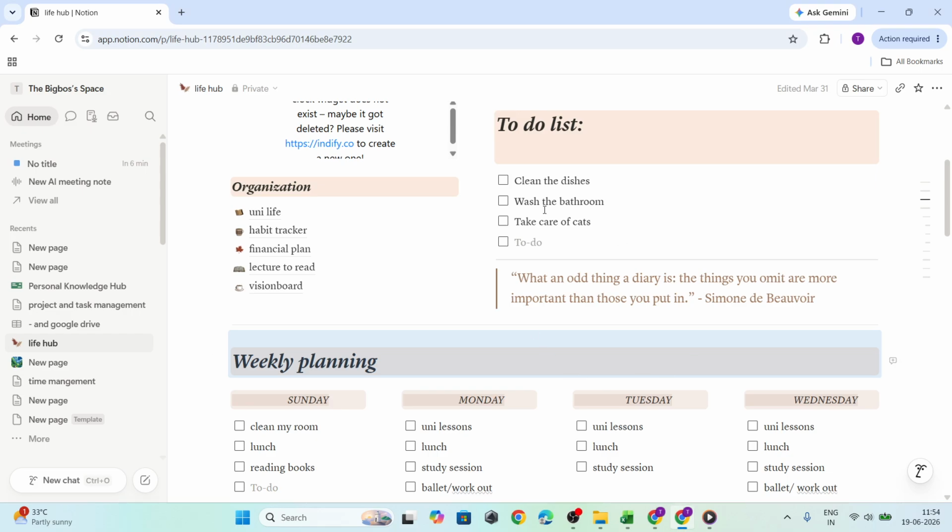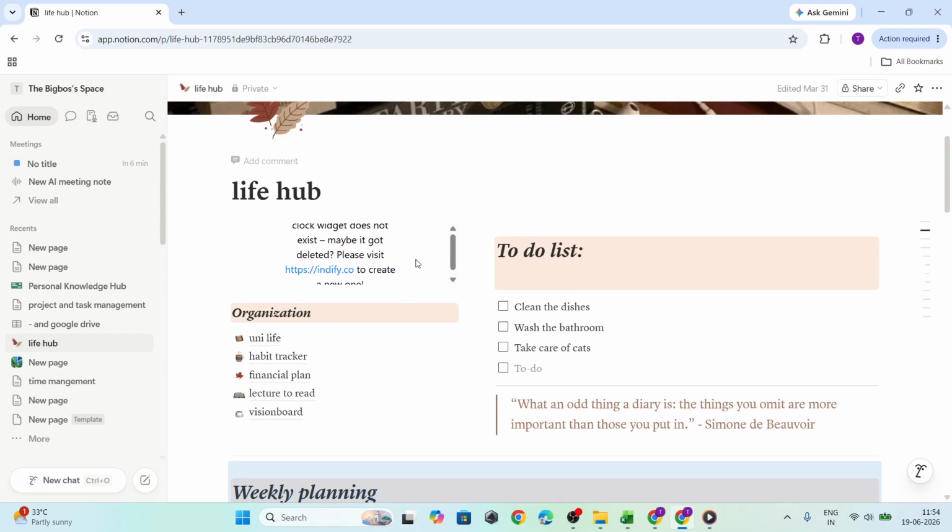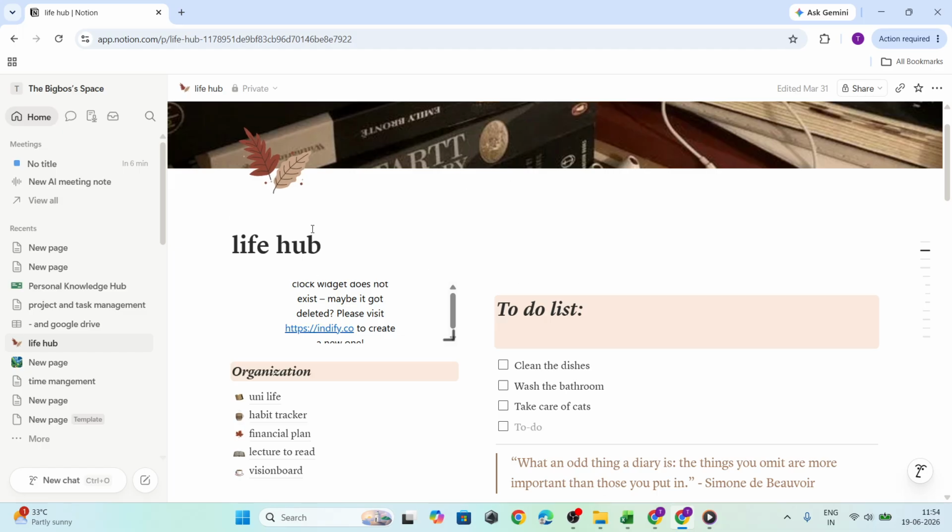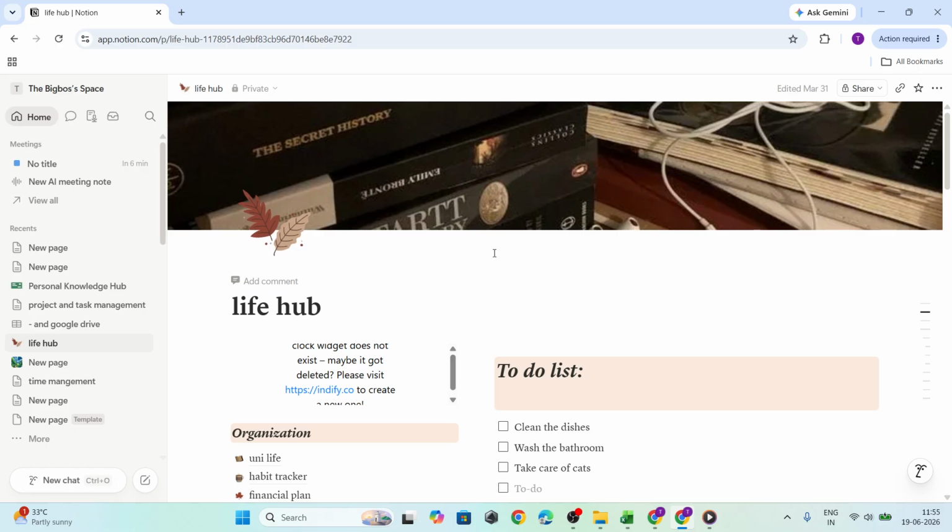In today's video, I'm going to teach you how to print from Notion. If you need a paper copy of a Notion page, or you want to save it as a PDF for sharing or archiving, the process is actually very simple. In this walkthrough, I'll show you exactly how to do it in a desktop web browser. And I'll also point out a couple of small things to watch for, so your final document looks right before